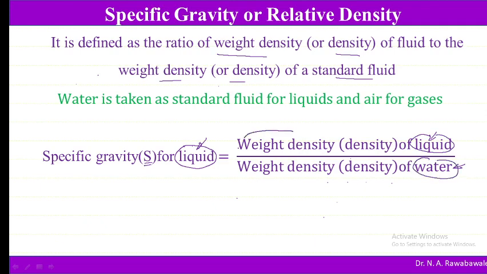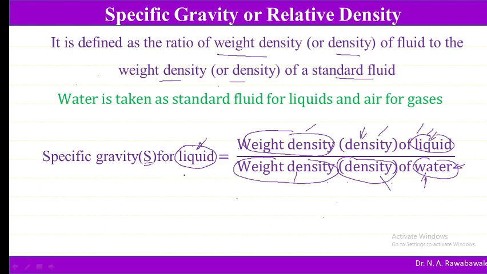If this is weight density of liquid in the numerator, then weight density of water in the denominator. If there is a mass density in the numerator, then in the denominator there must be mass density of water. So what is in the numerator, corresponding to that we have to take the values in the denominator. If in the numerator there is weight density of liquid, in the denominator weight density of water. If there is mass density of liquid in the numerator, then mass density of water in the denominator. So here